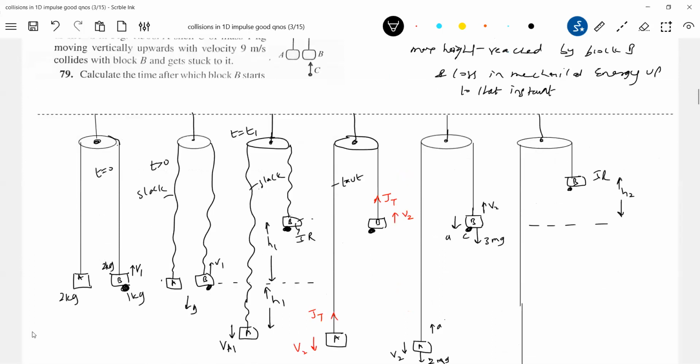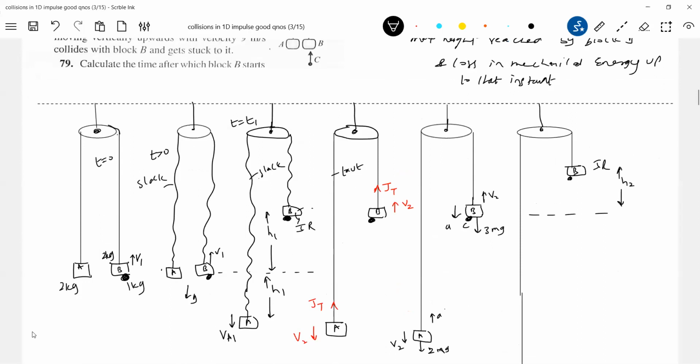So look at it from here. It was at rest, collides, acquires velocity v1. It is continuously ascending up only, no? Nowhere has it descended. After this, it starts moving down. So he's asking this particular time interval. These are the times. This is T1. Then impulse is set up. This is T2. So T1 plus T2, H1 plus H2 is being asked. Then loss in mechanical energy, we'll see how much it will come.